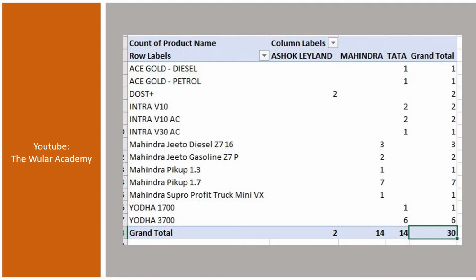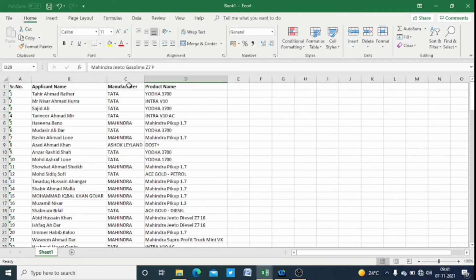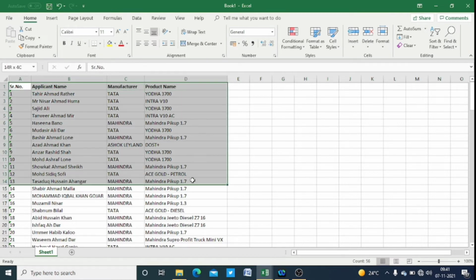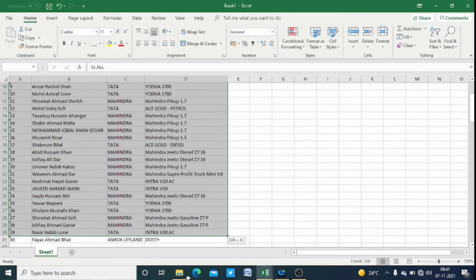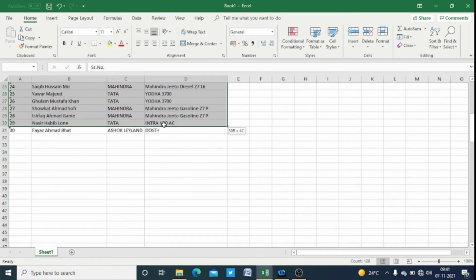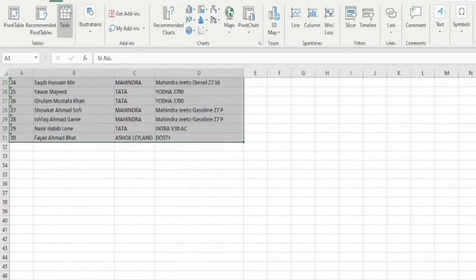So now let us go forward and look how we can create a pivot table in Microsoft Excel. Select your source data, then go to the Insert tab, click on Pivot Table,